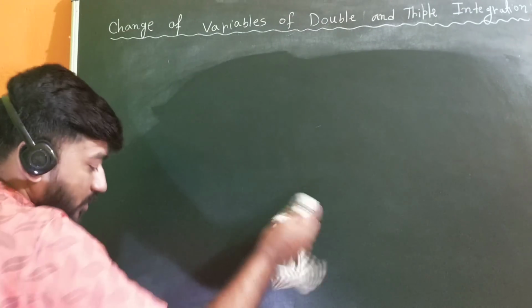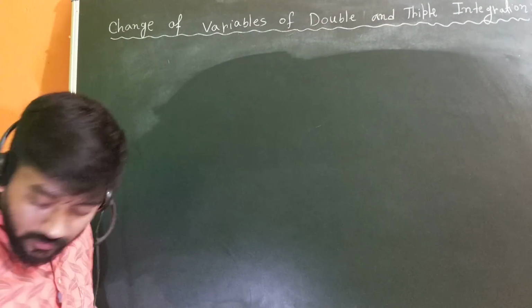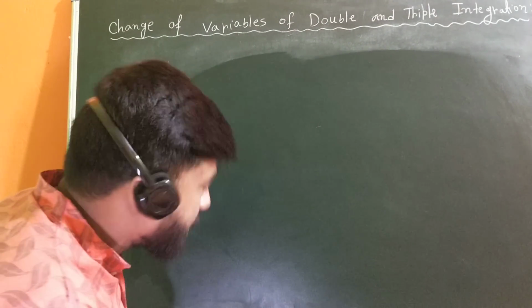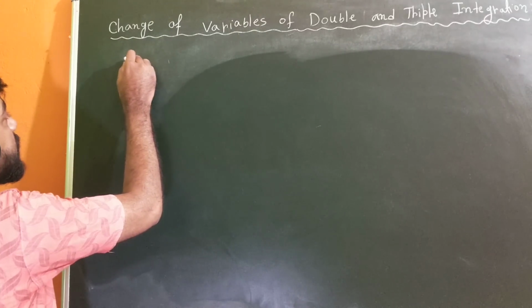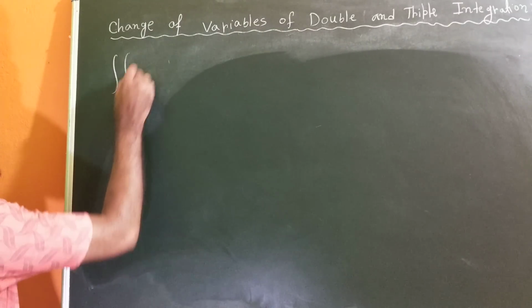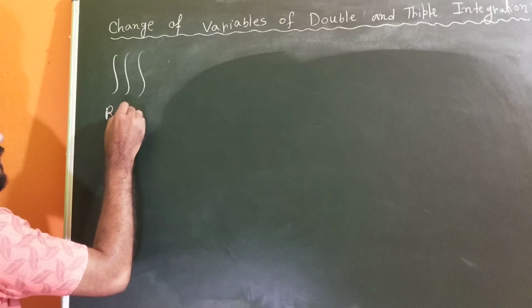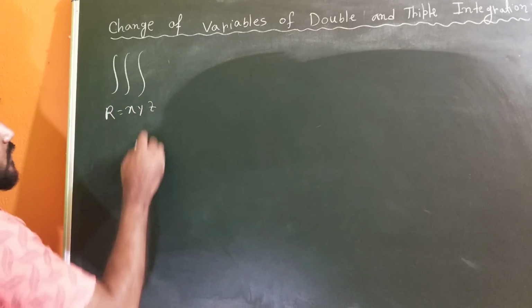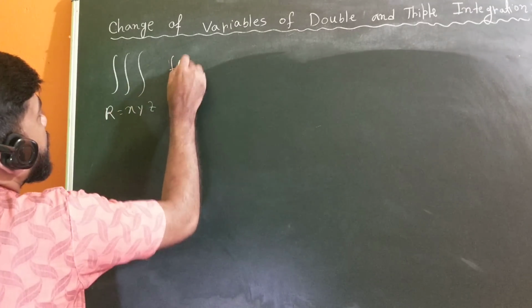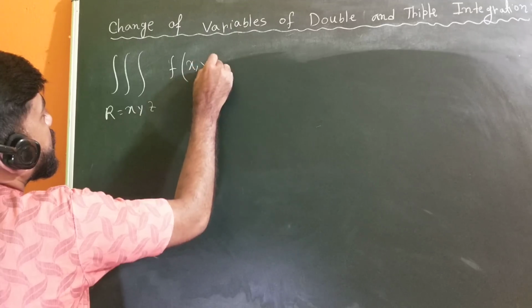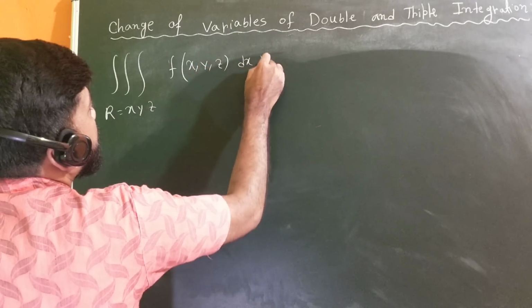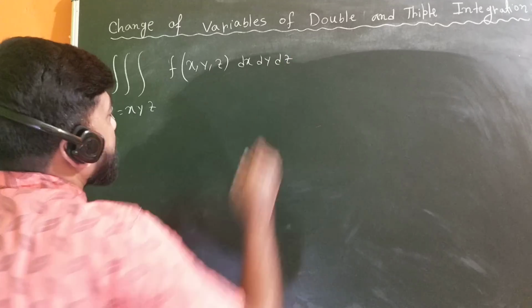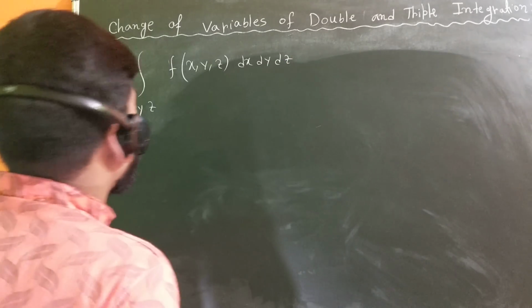Okay, so now if we take the triple integration, then what will be the case? What will be the case for triple integration? So we have something like this, and the region is R in xyz, and f will be f of x, y, z, and there will be dx dy and dz. Okay, now if you want to change here from xyz to uvw,